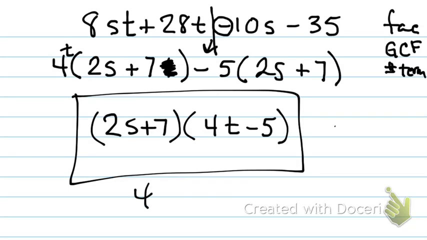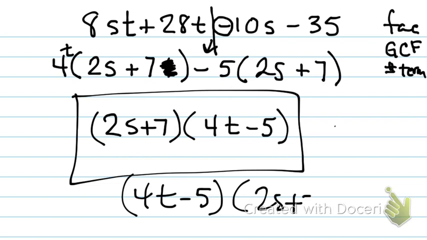So you can write 4t minus 5 times 2s plus 7. Those two things mean exactly the same thing. Because remember, when you're multiplying, the order doesn't matter. Good question. All right. Now, we're just going to look at a couple more because I don't know which ones